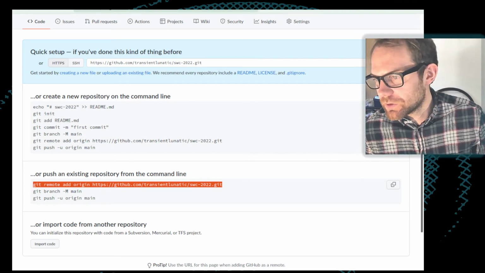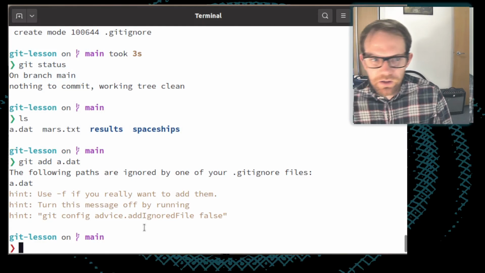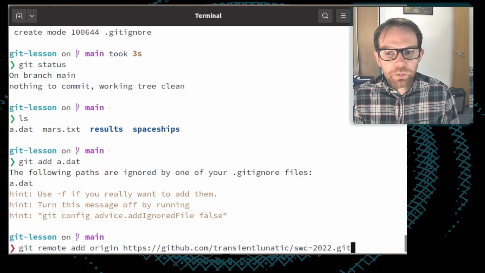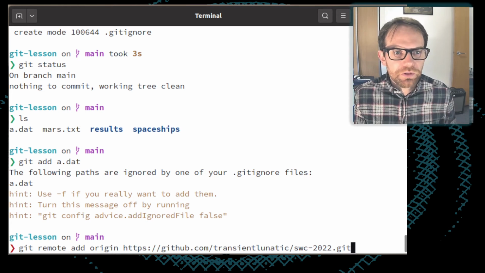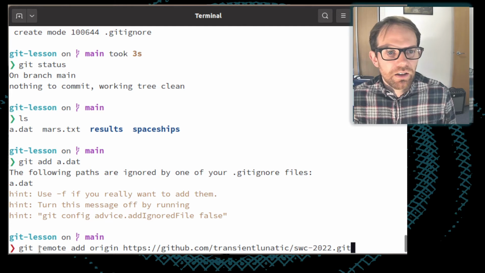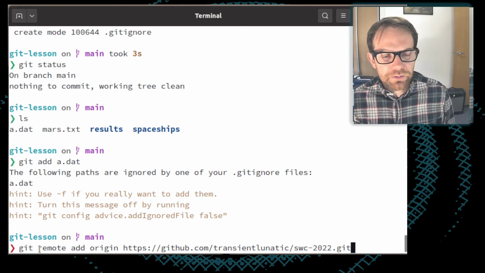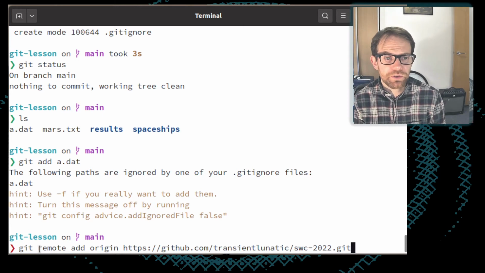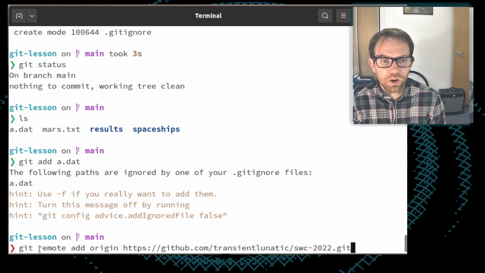So let's go back to our terminal. Git remote is the collection of all of the commands in git which interact with different settings for remote repositories. So for ones which are separated somehow from the repository which you're currently working on, but which are copies or designed to be copies of it.